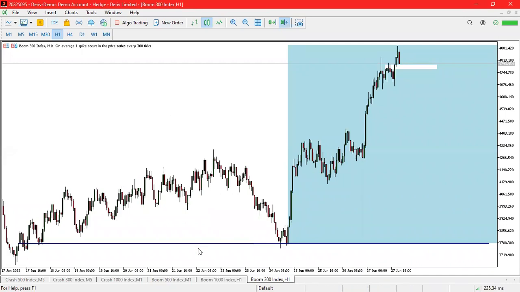So let's check the spikes. When I'm talking about spikes, I'm talking about all these added pairs or assets here. Crash 500, we're done with it, analyzed, we're just holding with patience. Then we have Crash 300, the one that is currently moving down. Then we have Crash 1K, the one that is also continuing to go down.